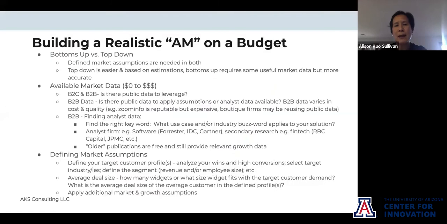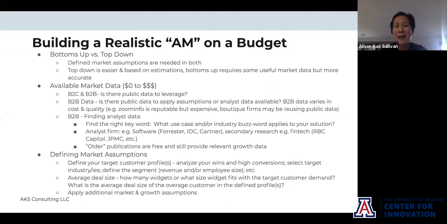But ultimately, why is that important is, one, when someone says, well, did you do a bottoms up or top down approach? You can say, yeah, we took a top down approach. And then, if the investor really wants to spend the money to do a bottoms up approach, they can. It's a case for the money.